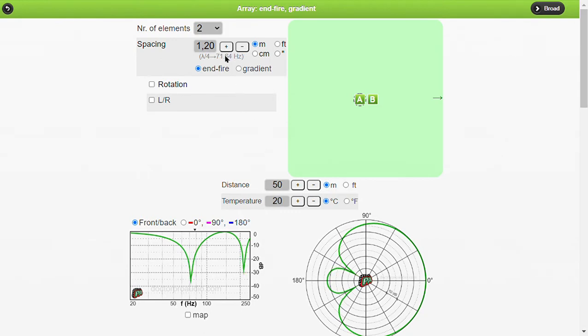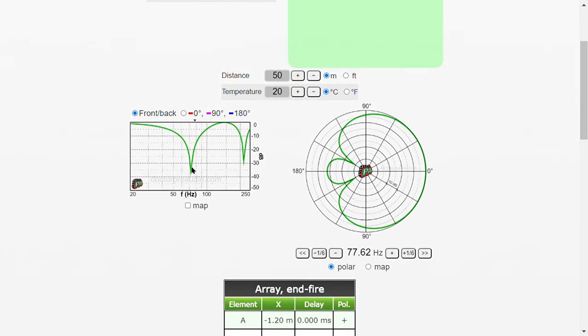Okay, this frequency will show up here in the frequency response front to back. That's the ratio between what's happening at the front and what's happening at the back. And that's all fine and dandy. The thing is, that only happens at the very back of the array.